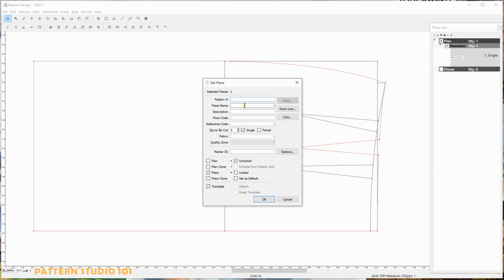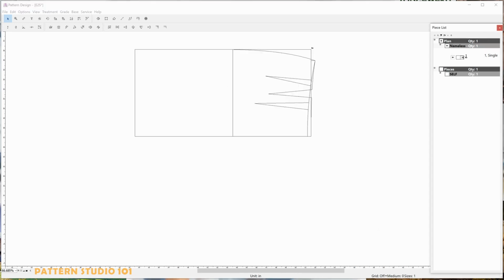I'm going to make a video about all these details in a future episode. But for now, piece name front, fabric self, check piece clone and check editable from master only, and click OK. Now you can see it says one piece here.